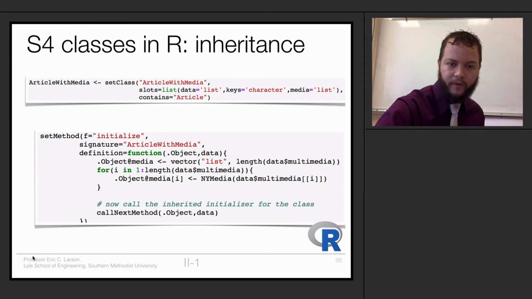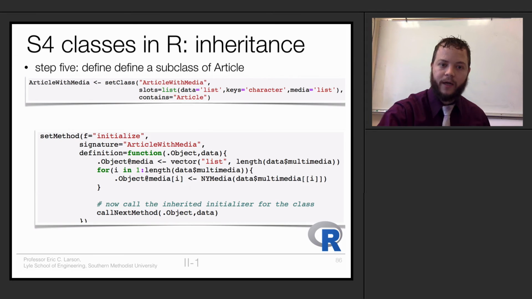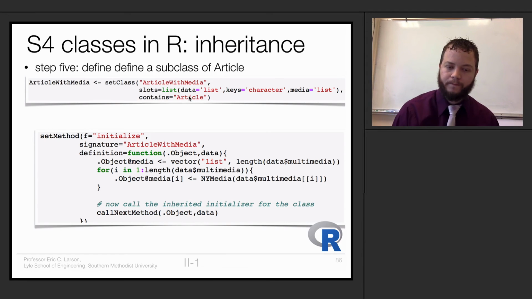So if I create a new class, right? So if I create this article with media class that we have, well, I'm going to call it article with media. I'm going to tell it what the parameters are, it's the same thing as before: it's got a list, characters, and now it's got a list of media that'll be associated with it. Well, I'm also going to put this last little thing, contains article, which means this article will be a superclass of article with media, assuming that article has already been defined right here, right? So I define a subclass of article called article with media, and it's contained inside of this article class, right? So article is